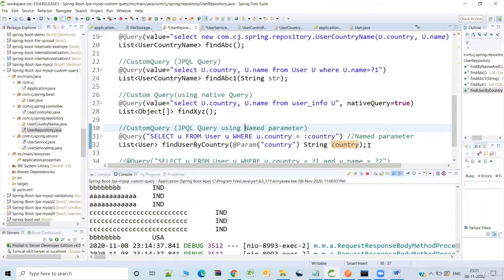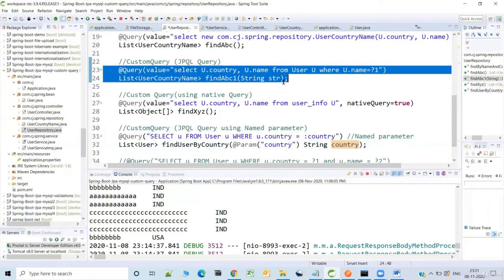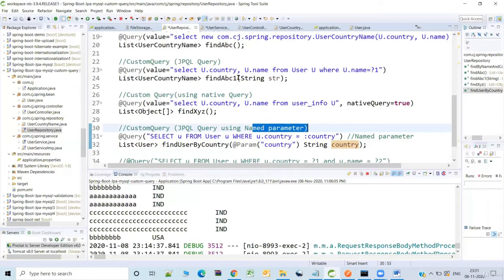Now, here, what we are trying to do is give the country. This is called a named parameter. It's not mandatory to use the named parameter. For example, if you go back here, I'm not using the named parameter. Rather, I'm just receiving it as a normal parameter and I do not have any name. So I can refer to it using question mark 1, 2. So question mark 1 means the first parameter, and there can be additional parameters which you can specify here. Right.